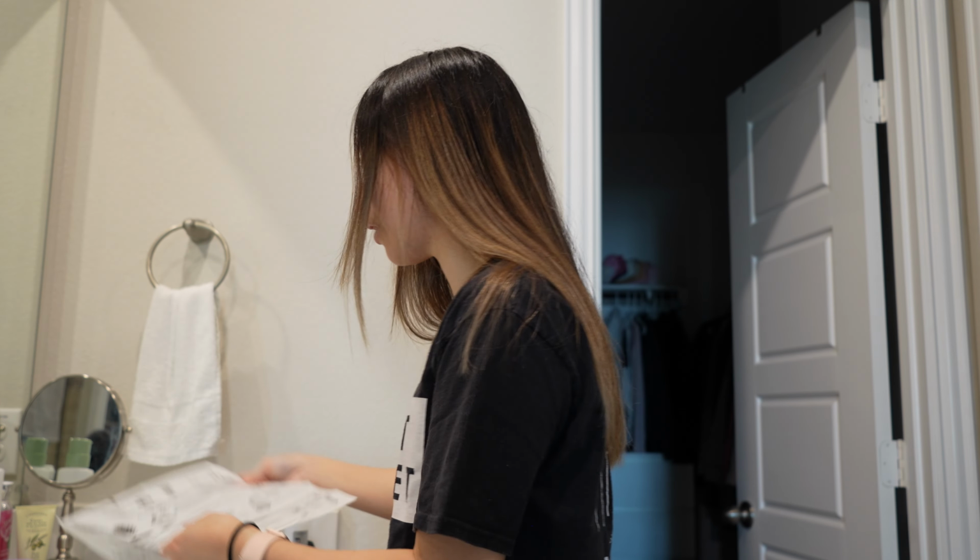It does say to start at the roots, but I'm going to start right here and then go down, because I really don't need to dye my roots, and I doubt that my roots will even change color because of the dye. So